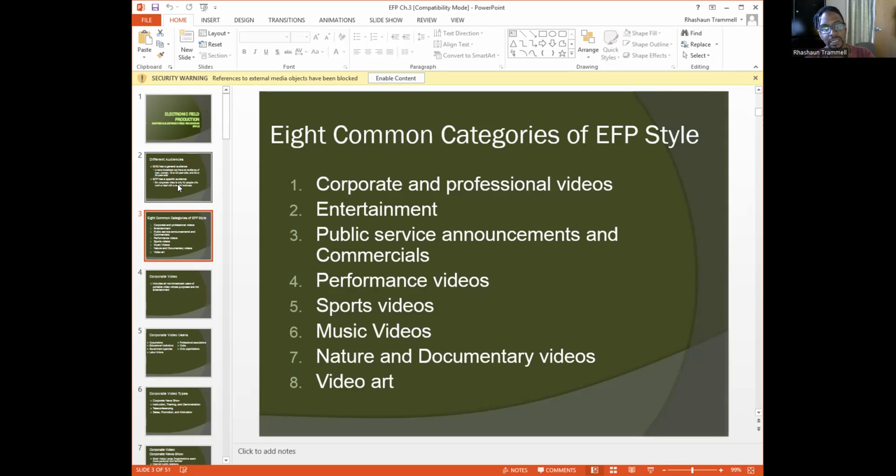Entertainment: there's an entertainment style of shooting, like a film style and a documentary style. Film style is more for TV shows, and you get multiple takes. Documentary style, you're following people around and trying to get stories that are not manipulated or written. Public service announcements: don't smoke, pick up trash, go play with your kids, that kind of stuff.